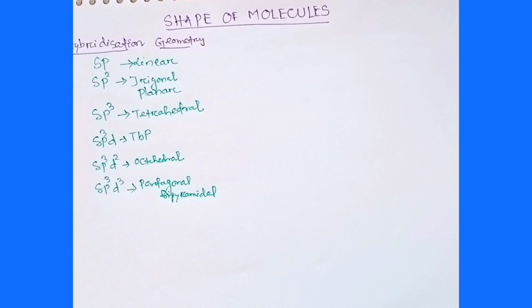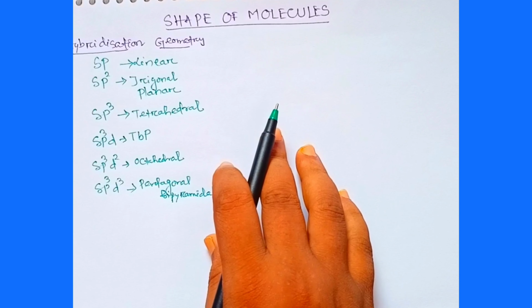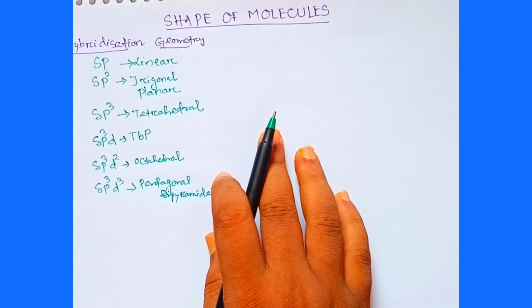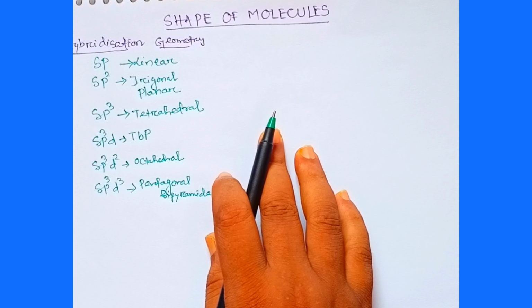Good morning friends. Today we will discuss the shape of molecules. In the last few lectures we have discussed the hybridizations of the given molecules, and also we have done rigorous practice on how to draw the structure of a given molecule. But after drawing the structures it may not be equal to the expected shape. So here we will discuss the geometry and shape of a molecule, and we can decide the geometry and shape of a molecule from the knowledge of our hybridizations.